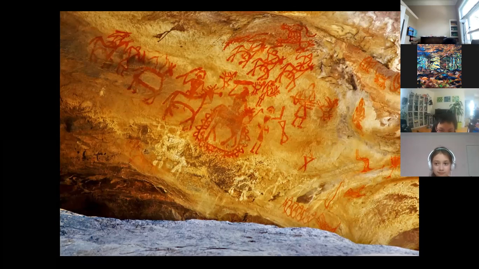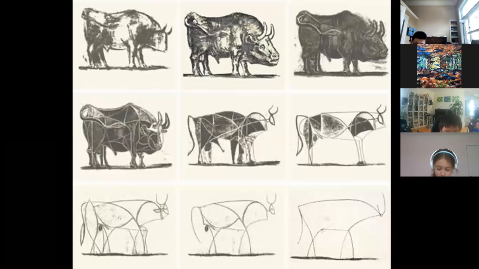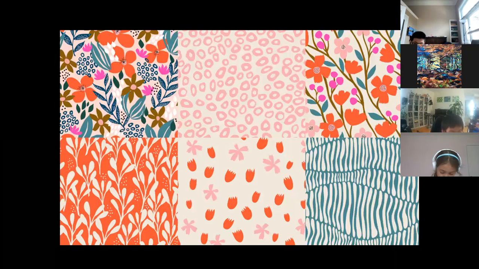Maybe this is a donkey. But what we should know is that the way of doing it, using just some very simple lines. All right. So those are the way that ancient Indian people were drawing their animals on the caves. Okay, let's go back to the final one. You see, this is how Picasso did. This is the first thing we're gonna learn today. The next thing is this one,